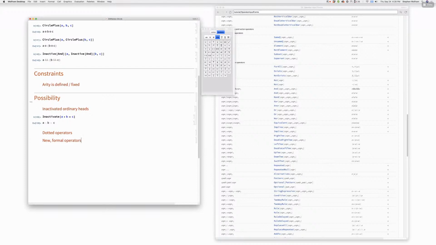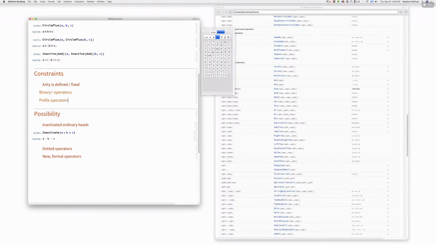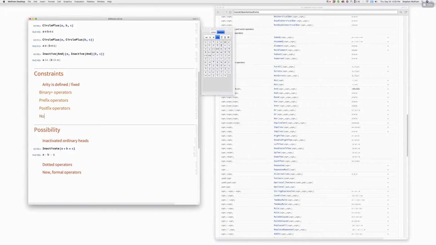Now, okay, arity is defined, but what we have to be dealing with is both binary operators, binary plus operators. We've got probably prefix operators. But sorry, just to quickly finish the other point. I think the thing that concerned me the last time we looked at this was that if you do something like inactivate,